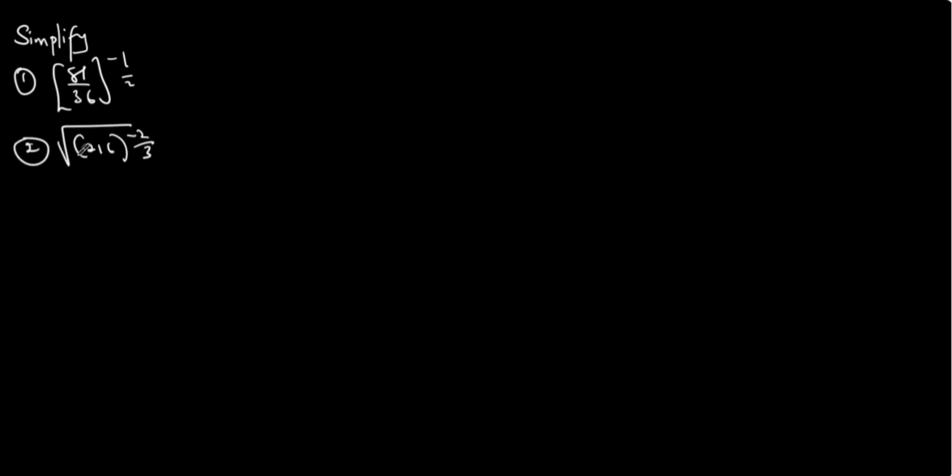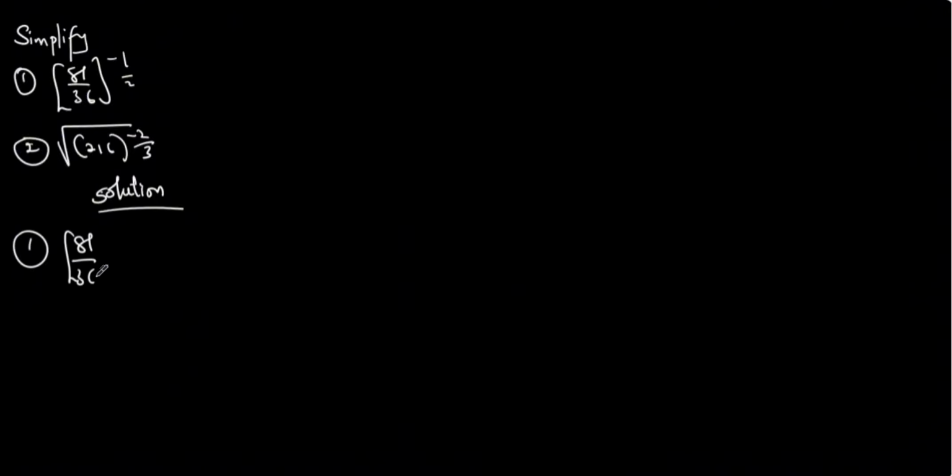I have these questions. Number 1, simplify (81 over 36) raised to power minus 1 over 2, and then number 2, the square root of 216 raised to power minus 2 over 3. All right, so first, solution. Number 1, we have